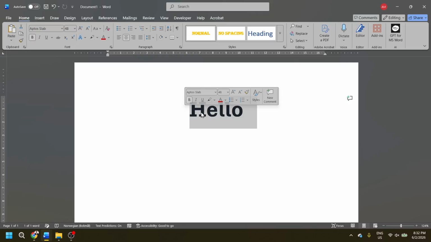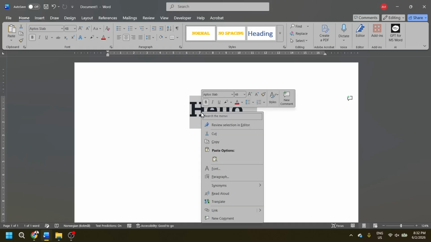From that context menu, click Translate. Now, this is where the magic starts to happen. When you click Translate, Word opens a panel on the right-hand side of your screen. It might take a moment to load, especially if it is your first time using this feature in the document. Be patient with it. Once the panel appears, you will see your original text at the top and a box below it showing the translation. But here is the thing. It defaults to whatever language Word thinks you need, and it is not always right,